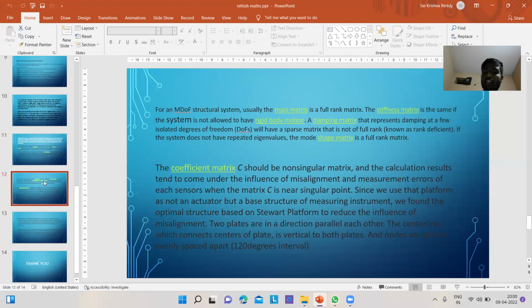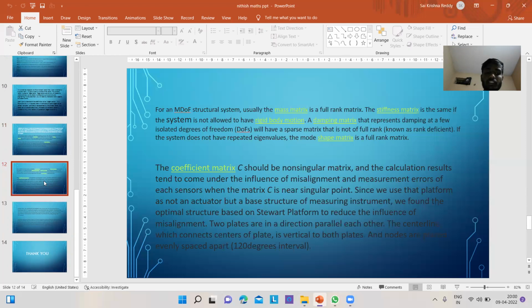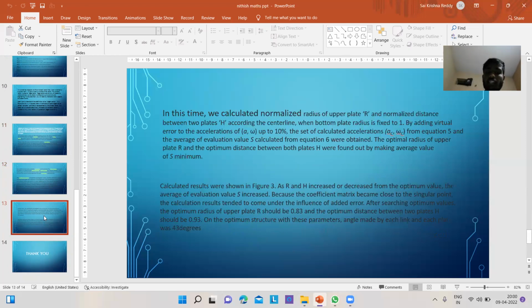Two plates are in a direction parallel to each other. The center line, which connects the centers of the plates, is vertical to both plates, and the nodes are placed evenly spaced apart. At this time, we calculate a normalized radius of the upper plate R and a normalized distance between the two plates, which is along the center line, when the bottom plate radius is fixed to 1, by adding virtual error to the acceleration of up